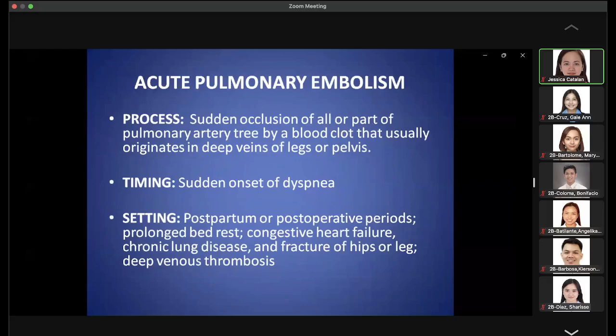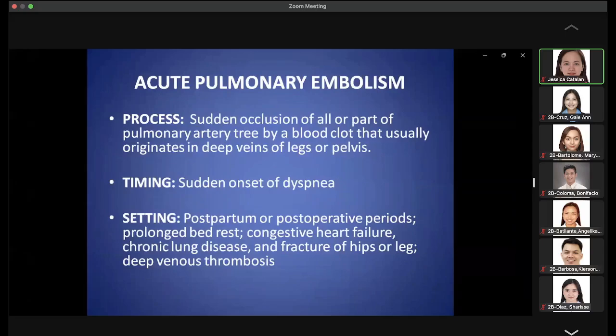How about acute pulmonary embolism? So in pulmonary embolism, there is sudden occlusion of all or part of the pulmonary artery tree by a blood clot, that usually originates in the deep veins of legs or pelvis. Again, there is sudden onset of dyspnea. But in contrast to the